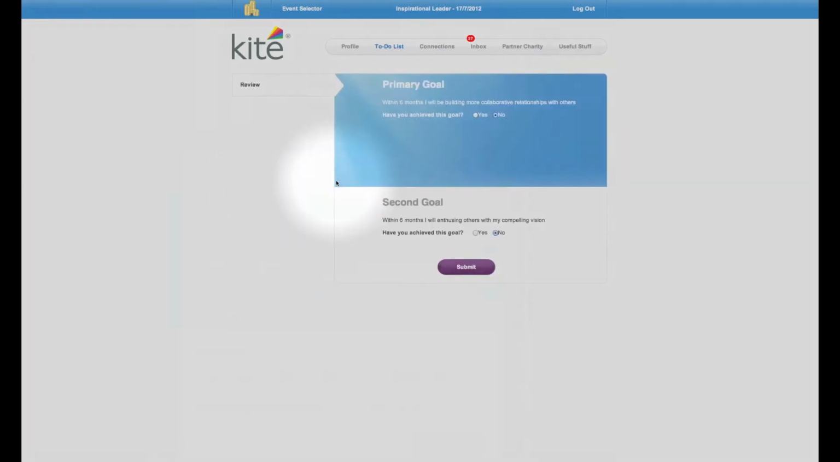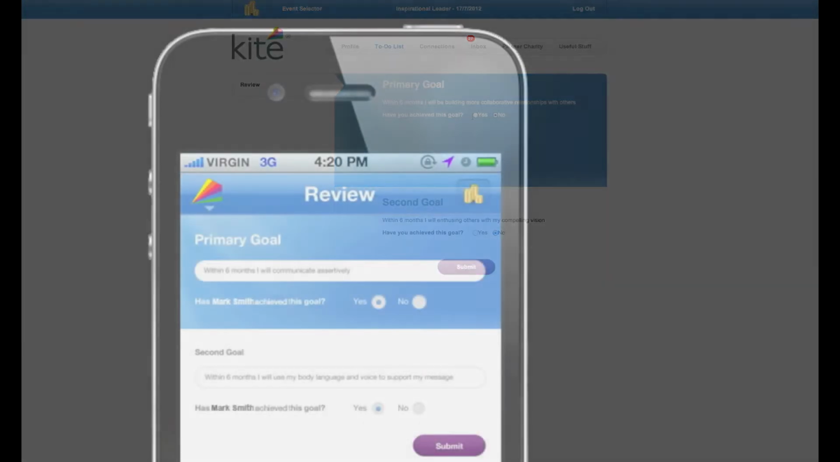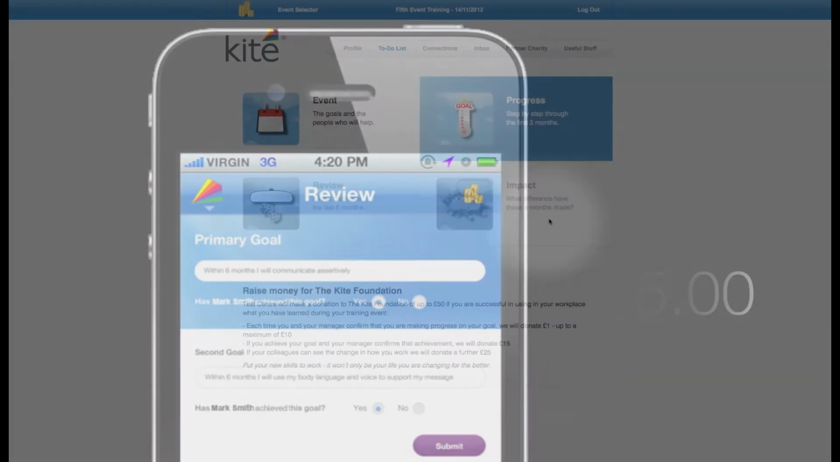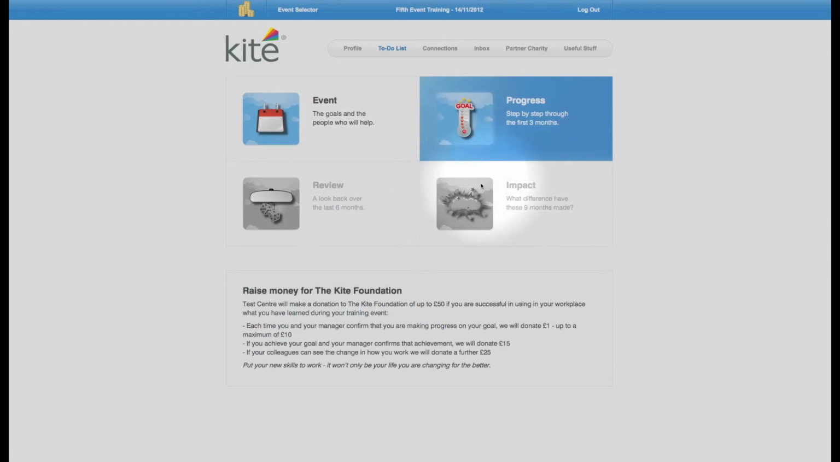You and your learner will receive a reminder from Kite when the time comes. Click Yes or No in response to a new and different question about your learner's primary goal. If you and your learner both click yes at this milestone, you will raise a further £15 for the partner charity. After 9 months, the impact icon will become live, and when the time comes, you will receive a prompt